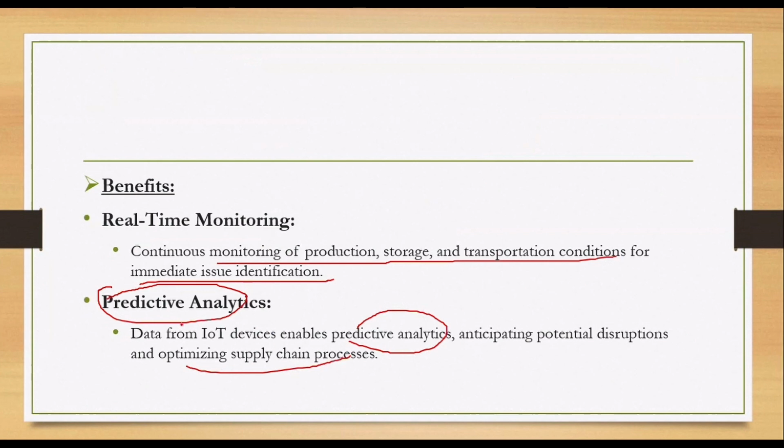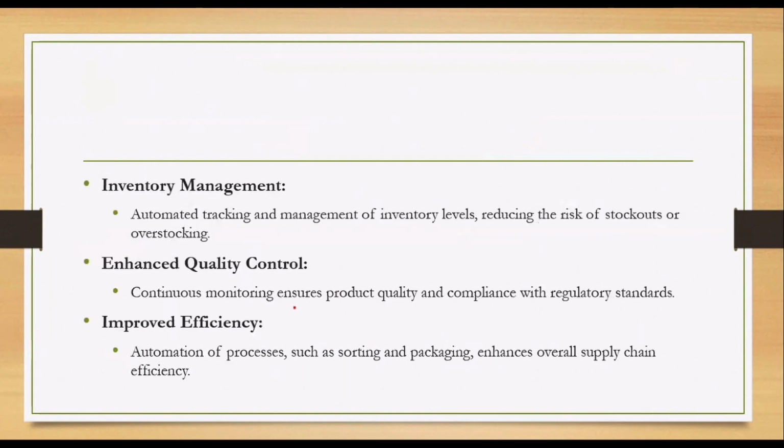So like that, predictive analytics is in terms of predicting the performance, production efficiency, and also the productivity of the people, and you can also look at the distribution channel and how effectively distribution is going to happen. With the same setup, same resources, how long it will survive, and when it is going to fail, you can identify using predictive analytics. Then inventory management, automated tracking and management of inventory levels, is going to reduce your stockouts and enhance quality control, and then efficiency is going to be improved.